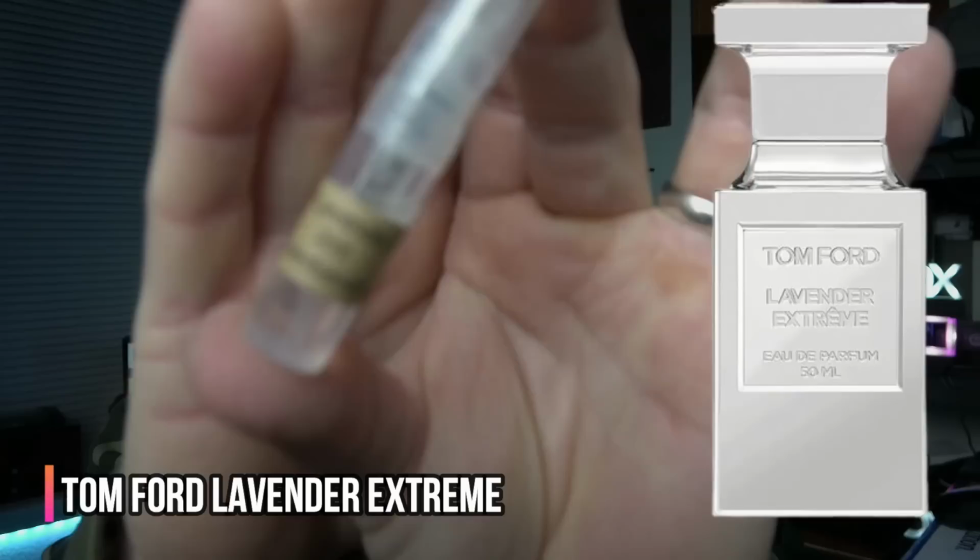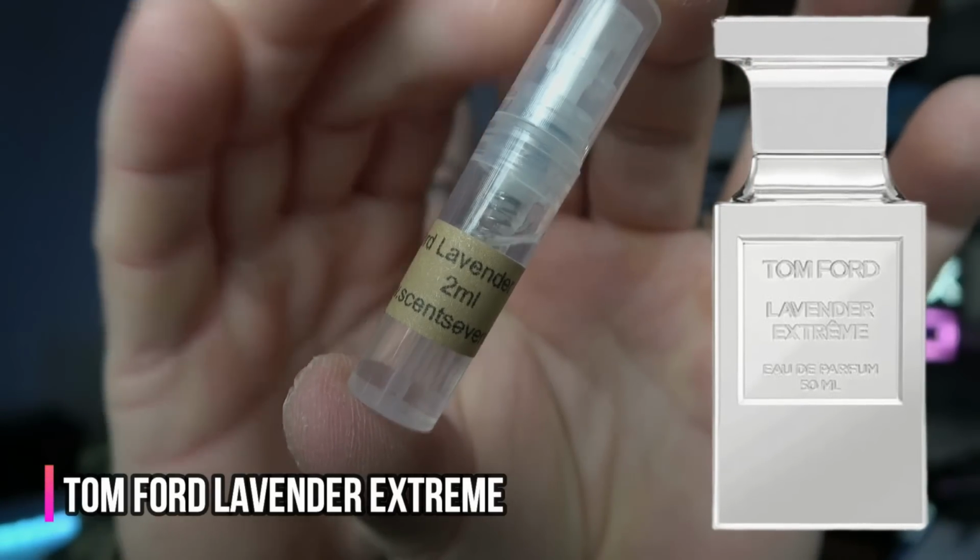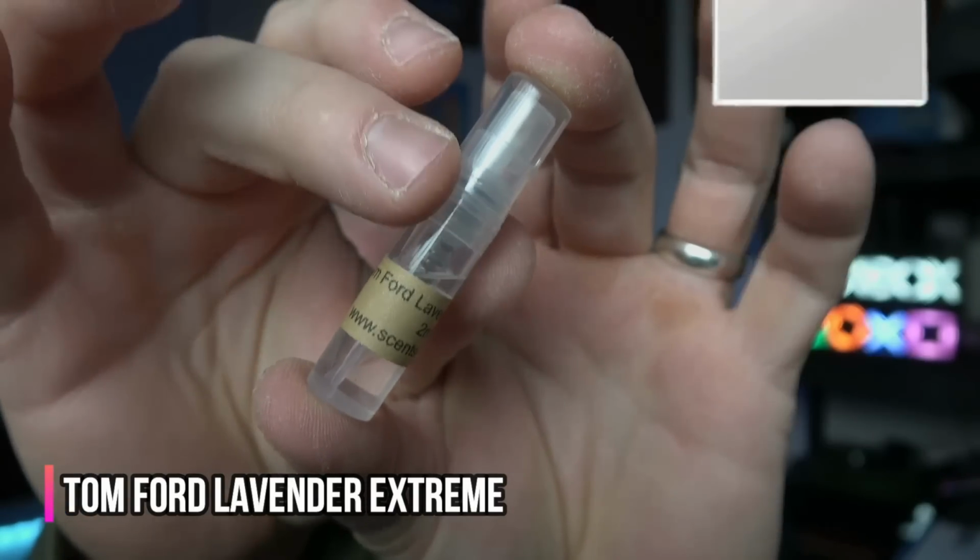This is my decant of Tom Ford's Lavender Extreme. I've been very back and forth on getting a 50 ml bottle of this, and I think I'm about to pull the trigger. And I know some of you are going to say Molinard Lavande. I get it. And I've been back and forth tossing around that idea, but